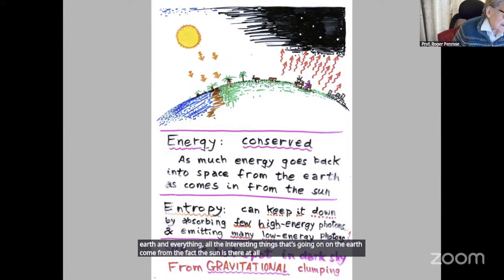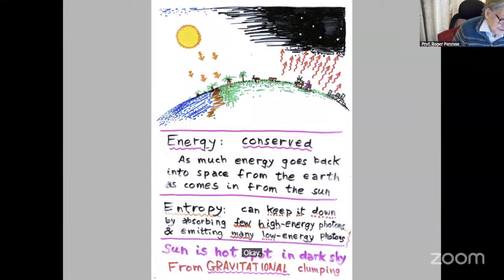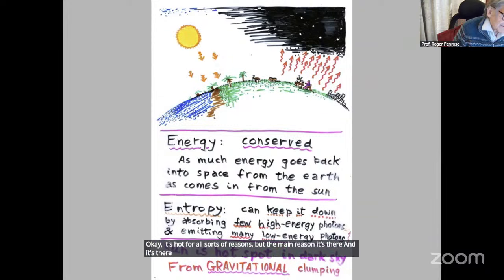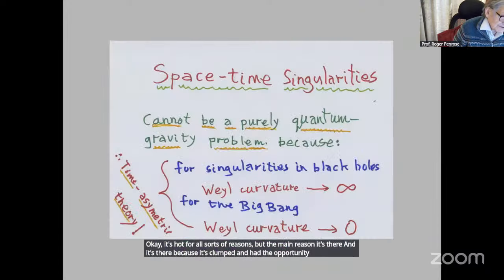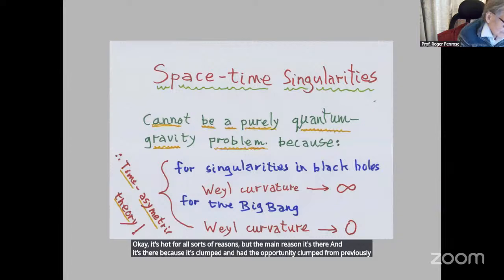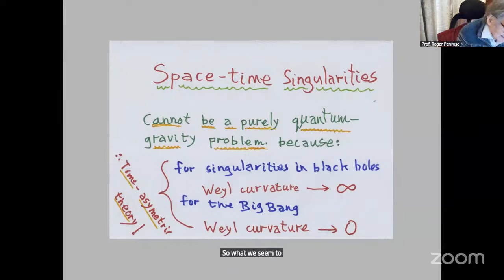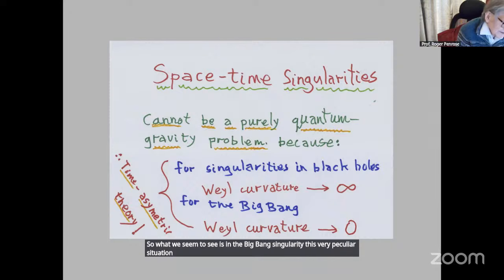And it's there because, okay, it's hot for all sorts of reasons, but the main reason it's there is that it's clumped, and had the opportunity to clump from a previously uniform universe. So what we seem to see in the Big Bang singularity is this very peculiar situation of the gravitational field not being thermalized. I mean, you've got the gravitational degrees of freedom sitting there waiting to be used, whereas in the remote future,